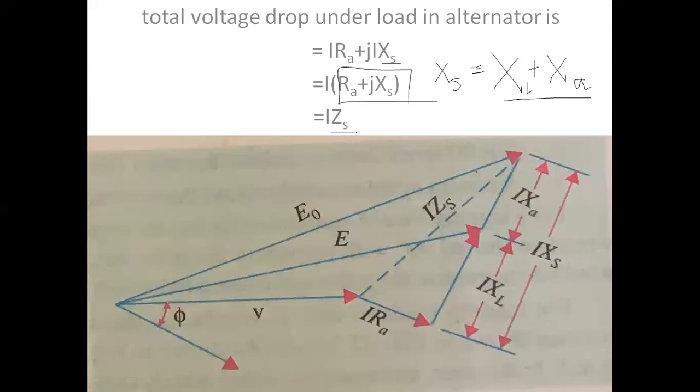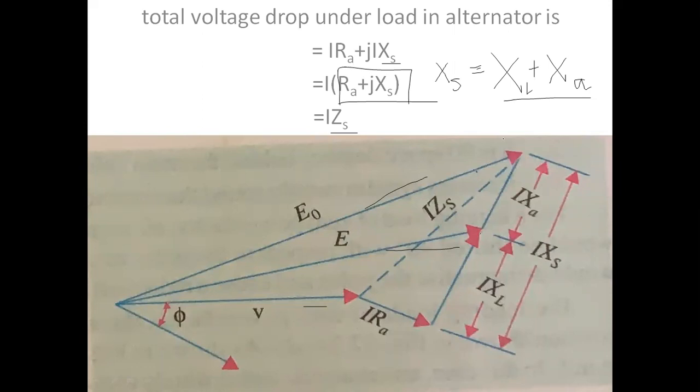So see here the phasor diagram. I am representing this. This is the no load voltage, and this is the normal voltage. So this we will be representing in the characteristics, internal voltage, external voltage, like that. So see here, the vector diagrams of a loaded alternator. E is the load induced EMF and E naught is the no load induced EMF.